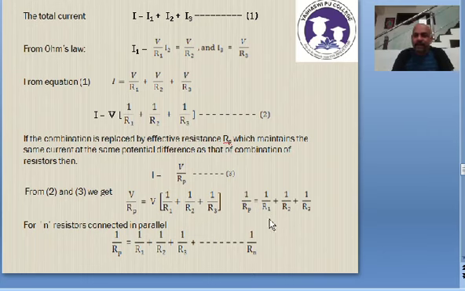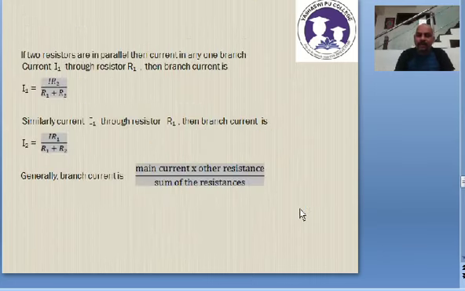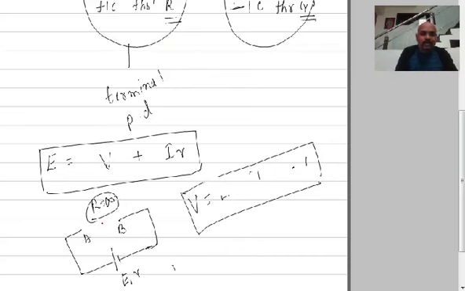I repeat again, reciprocal of the effective resistance in parallel is equal to the sum of the reciprocals of the individual resistors connected in parallel, that is the effective resistance in parallel. So we have one last thing to learn, that is about the current, the branch current formula. To understand what the branch current formula is, we will go by this diagram, so that it gives a clear picture for us to learn it. It is easy and it is important also.